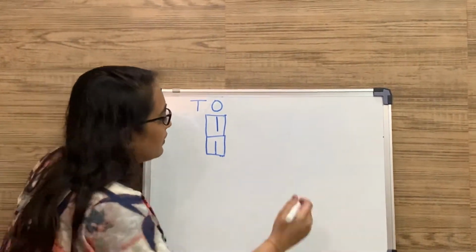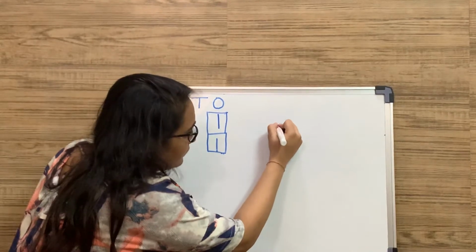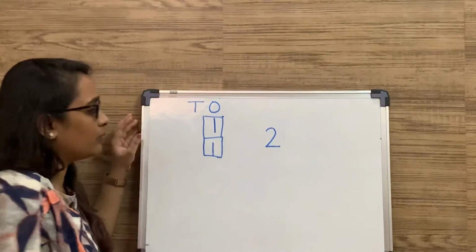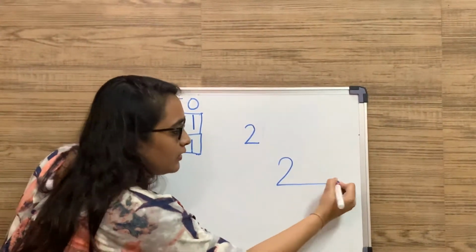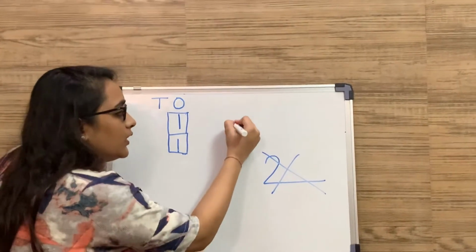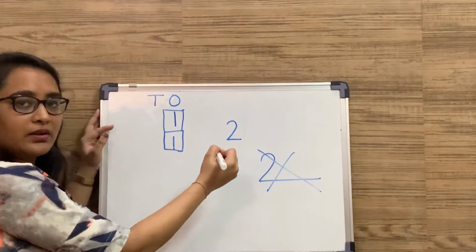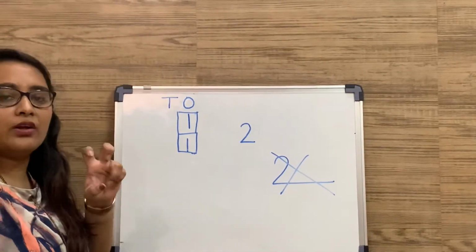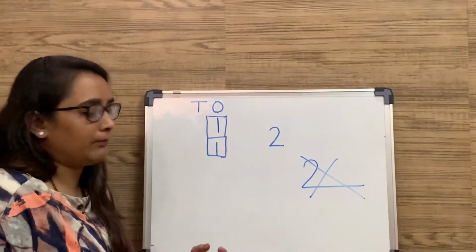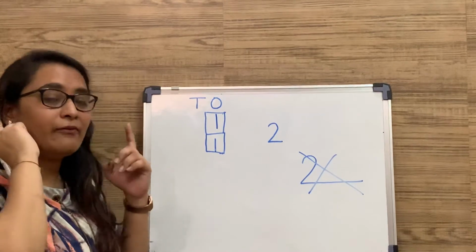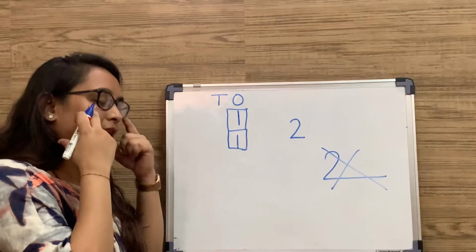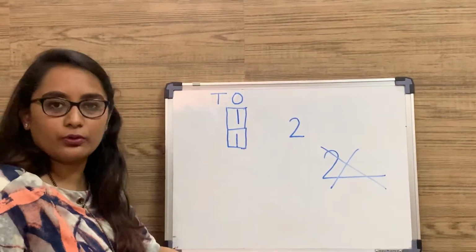Now, number 2. How do we write it? A curve, then a sleeping line. Number 2. Not like this either. Please don't make the bottom sleeping line too long. Curve, sleeping line. 2 fingers. Show me your 2 eyes, 2 ears. While writing, you can say to them, count how many ears do you have? 1, 2. How many eyes do you have? 1, 2. So this is the way you do it.